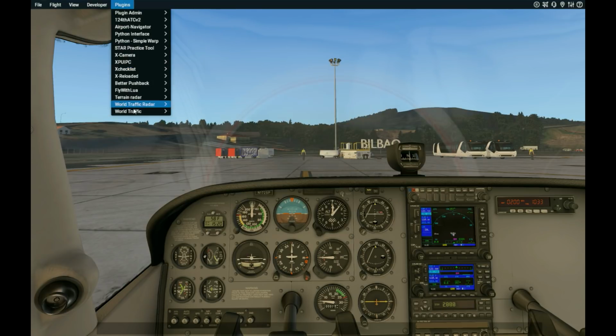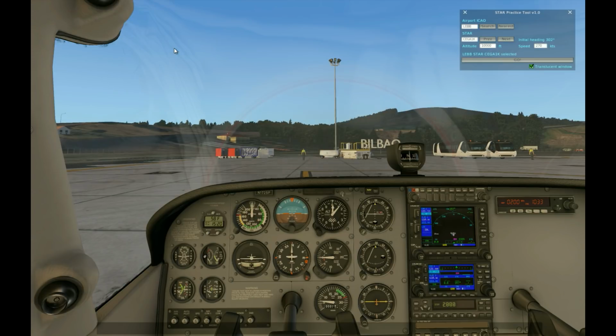In order to find the plugin, as with every other one, you go to the plugins menu and you can find it there. You can see it's this small window with not much in it. It's quite simple actually. So let's go through the options. The first one is the airport that you are interested in flying to. In this case I have Bilbao, which code is LEBB, but you can type any other code. For example, if I type the Heathrow code and it finds it. Or if you want to go back to the nearest airport, you can just click on nearest and that's it.